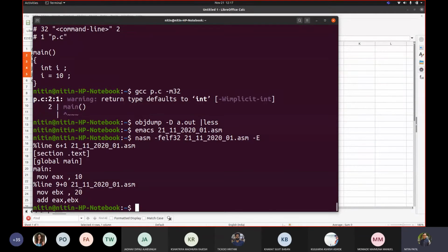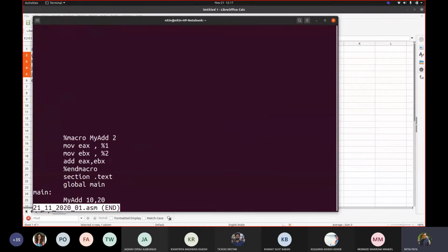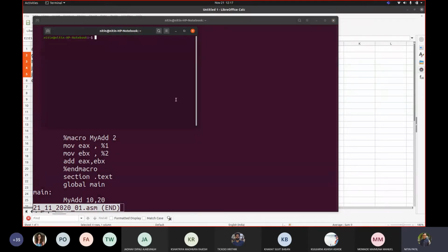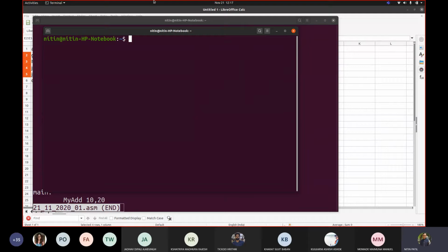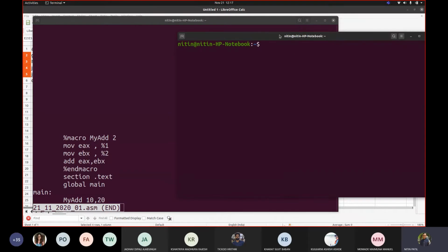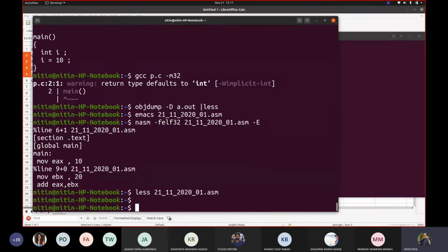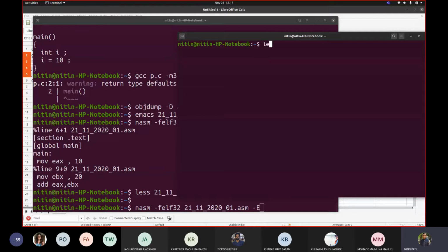Can you see that? This was our code, correct? So let me add it here so you can see. This was the output, and I am saying now less.